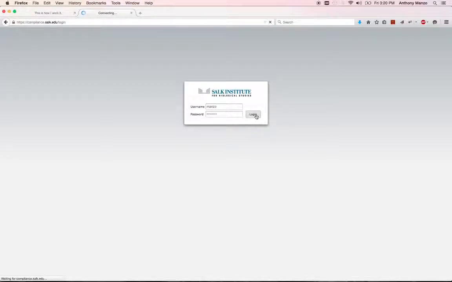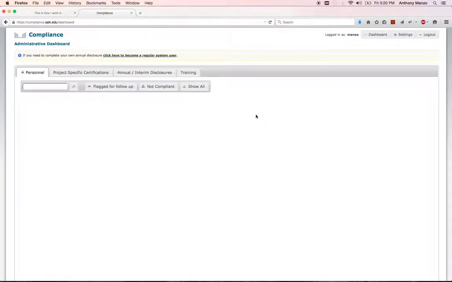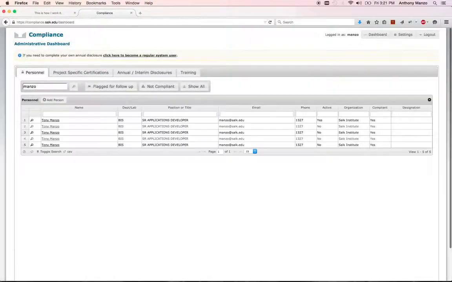This is the compliance system for financial conflict of interest regulations as provided by the National Institutes of Health, Medicine, and some of our other grant providing agencies at the Salk Institute who might develop this for. We have a system by which our employees, and I'm going to look myself up here, our employees have